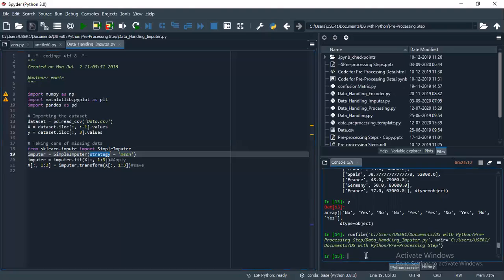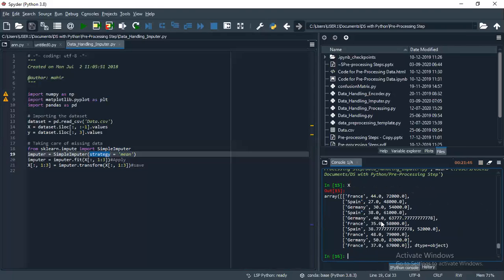Apart from this, for missing values or the axis, we don't need to give anything. By default it's applying column-based, axis equal to 0. For rows, they didn't give any option for SimpleImputer. I'm just working on it. If I find a way, I will share it for this latest version, because this is the 3.8 Anaconda version. Previously it was 3.7, so some syntaxes have changed between these two versions.